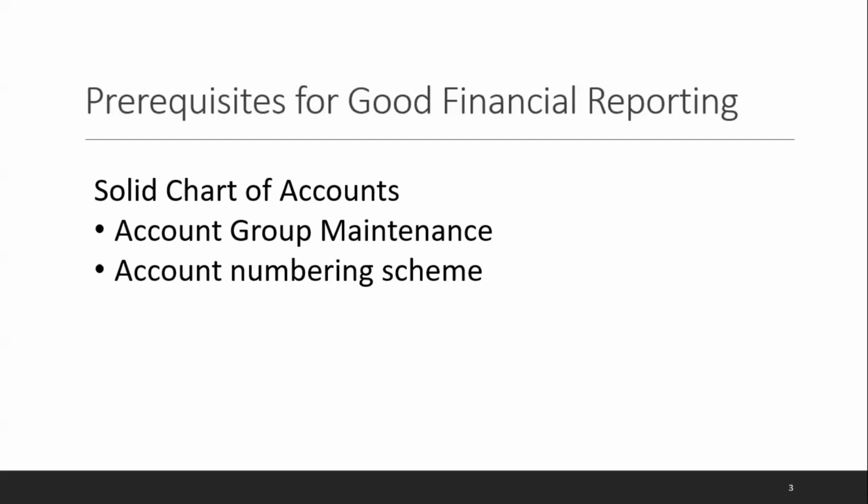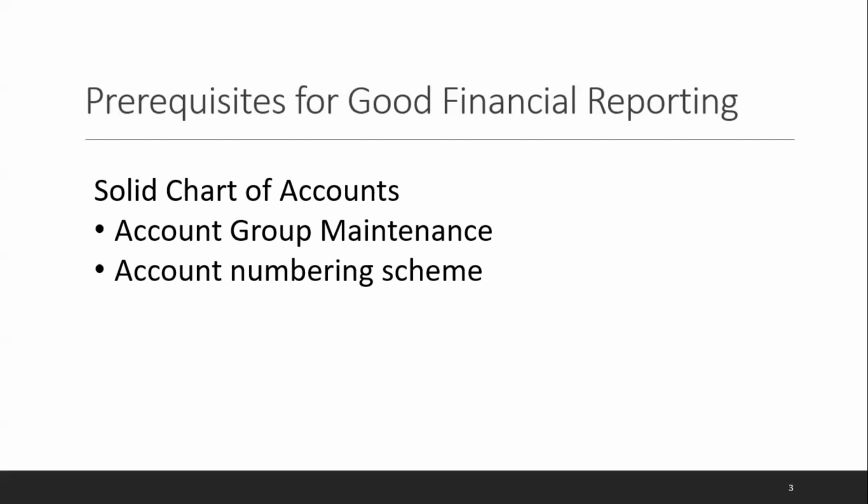Account numbering scheme, what I'm really referring to is make sure that you leave enough room in your account numbering scheme. So if down the road, as your business changes, as your business needs change, you can actually add accounts as necessary. What I have seen in the past is companies that have, say, 3-digit main accounts, and they number them so tightly, there's no room to add another account. So if you have 150, 151, 152, 153, and then your business changes, and all of a sudden you really